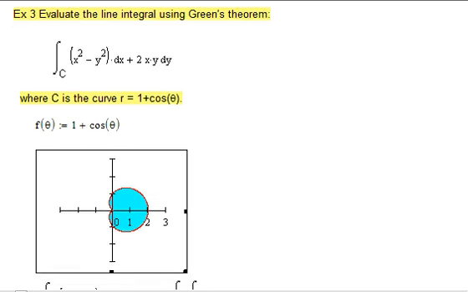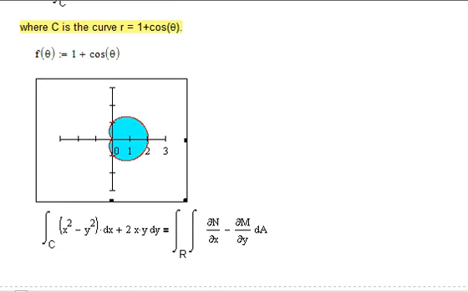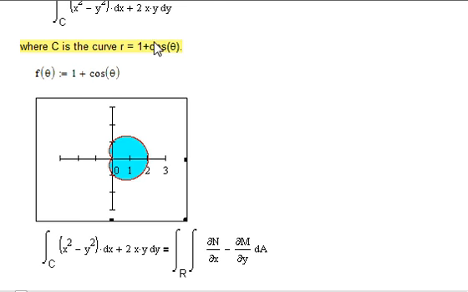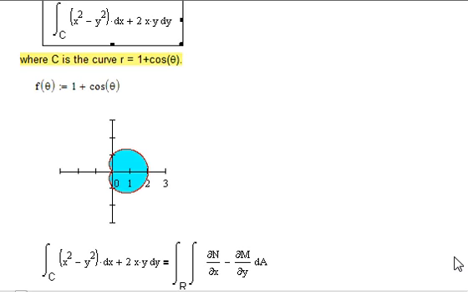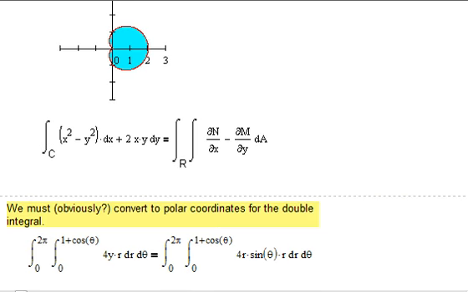So if we were to do such an evaluation, we would say, well, let's switch over and use Green's theorem, because the double integral ought to be nice and simple to calculate. The partial of N with respect to x is 2y, and the partial of M with respect to y is negative 2y, and when you subtract, 2y minus negative 2y would be 4y, so we want to integrate 4y